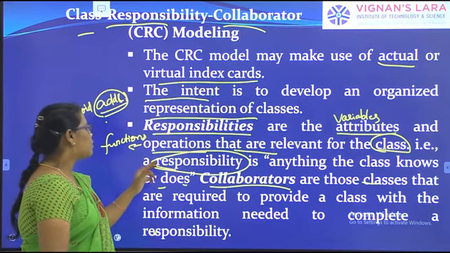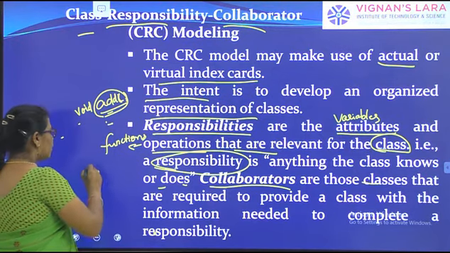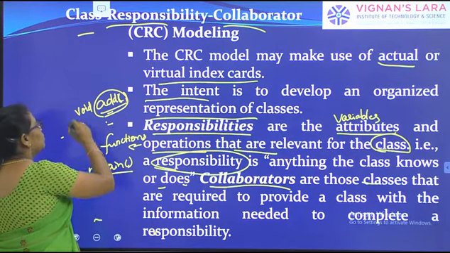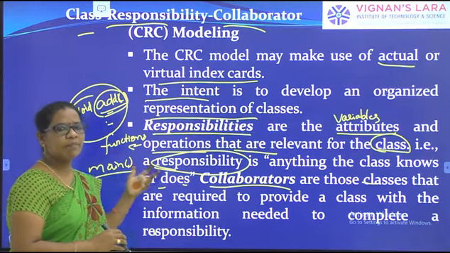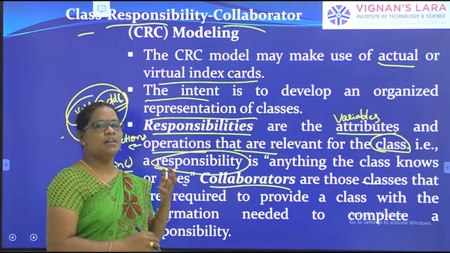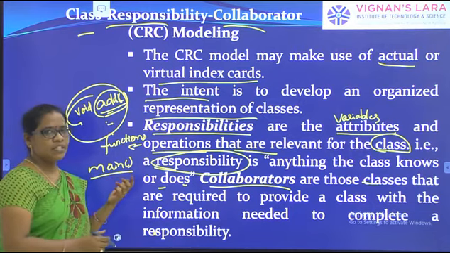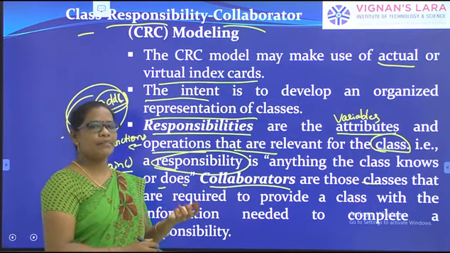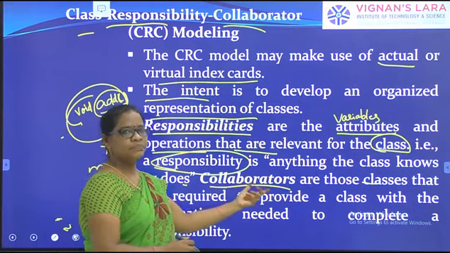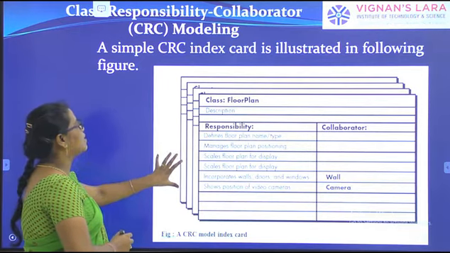So whatever the responsibility, in order to complete it, the functions and variables that are declared, you will write as a main program. Without a main program, you can't execute the remaining class program. So first the main, void main or int main, whatever it is. For Java, you will write public static void main. Without the main, the program will not execute. So that is a collaborator.